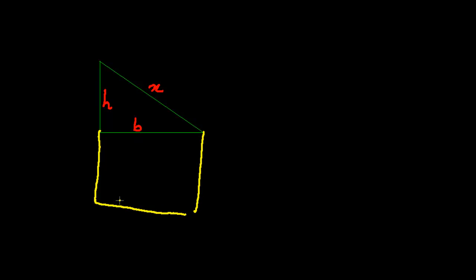Suppose this is a line, and I'm going to draw a triangle. Okay, now I have drawn the triangle, and suppose the length of the base is b, height is h, and hypotenuse is x. Then suppose I draw a square with side b. Suppose this is a square. I know the shape is a bit weird, but still, just assume for a while that it is a square. And this is a square with side h, and this would be b, and